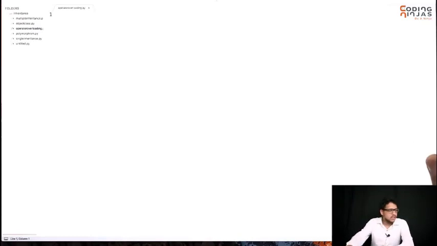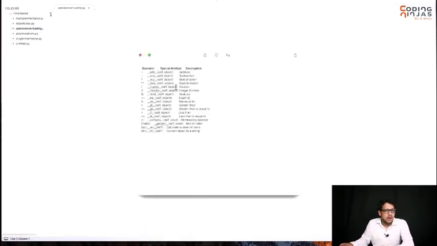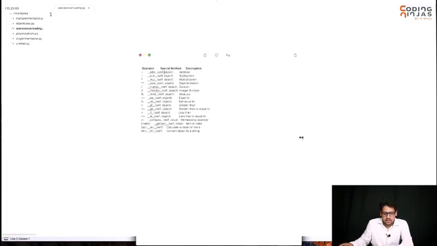How does it provide it? It gives you the opportunity to overload some of the operators, like it gives you operator plus. It can be underscore add for plus, underscore sub for minus, subtract. This star you can use underscore mul underscore for multiplication. You need to override these functions.